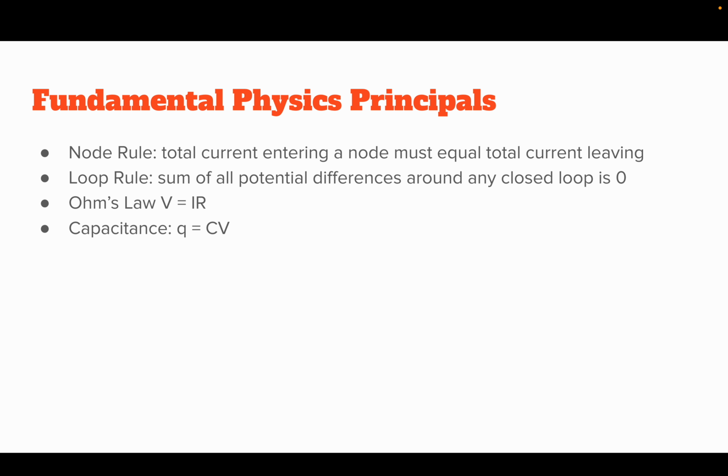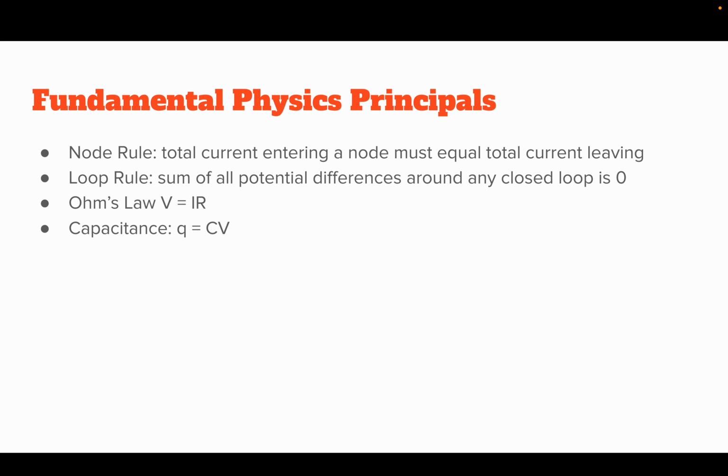And just some fundamental physics principles that we used for this lab. The node rule, which just says the total current entering a node has to equal the total current leaving the node. The loop rule, which says that the sum of all potential differences around any closed loop is zero. Ohm's law, which is V equals IR, voltage is equal to current times resistance, and the capacitance, which is Q